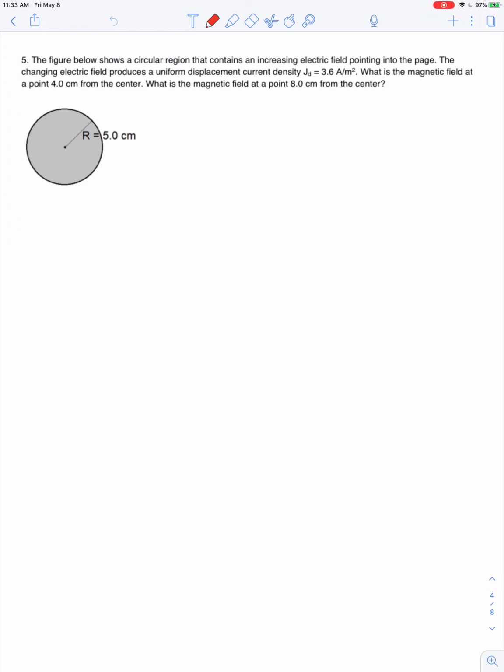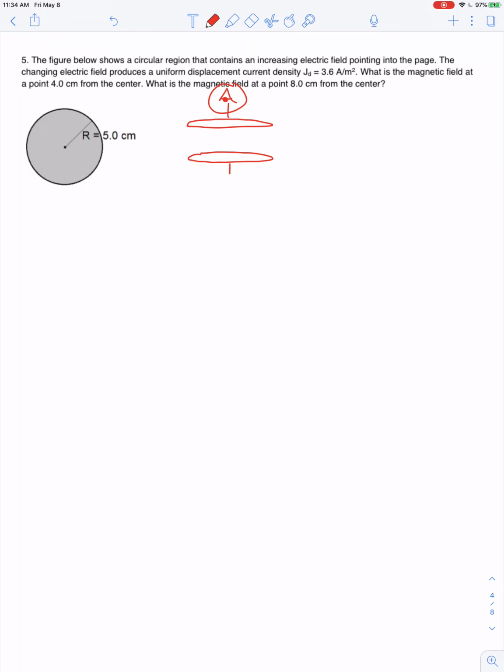So continuing with our problem solving, here's another case of displacement current. You might want to picture this as a parallel plate capacitor where the plates are made out of circular discs. So if you're looking directly down at the arrangement of plates, then your view shows the circle head on,